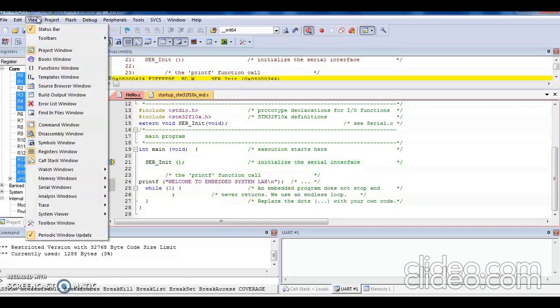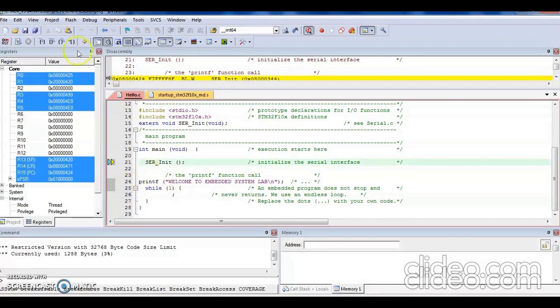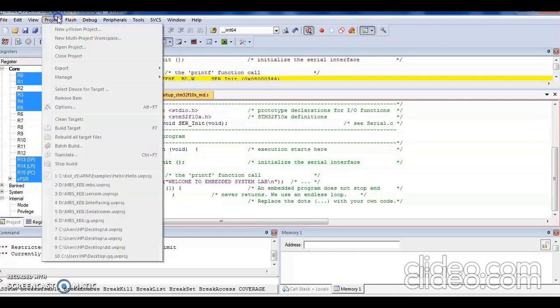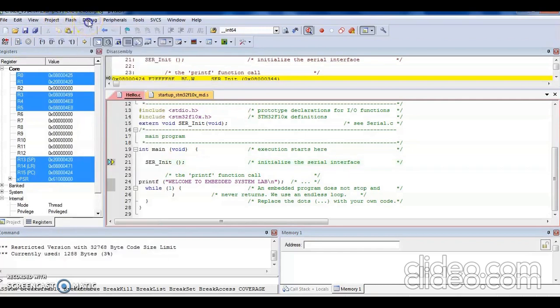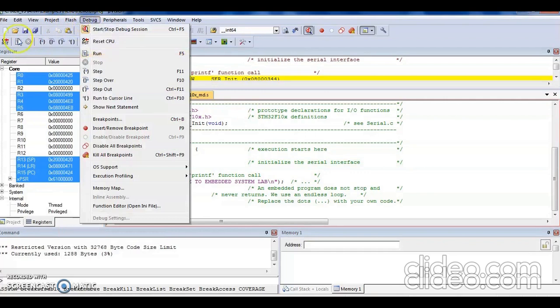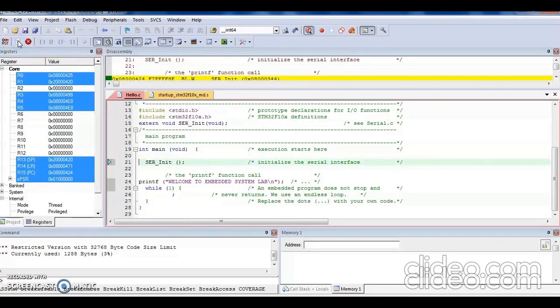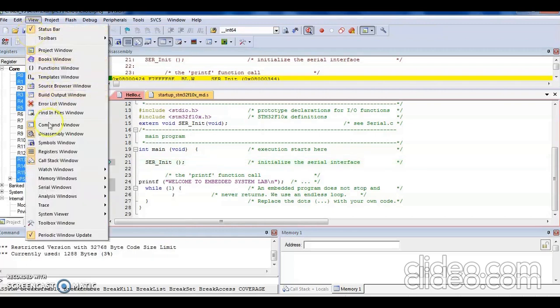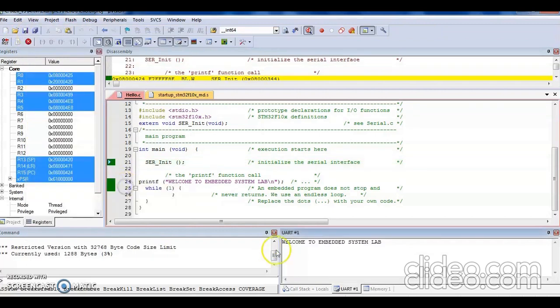I want to see the message I have transferred in the serial window of UART. Go to view, then go to serial windows and go to UART 1. Now let me run the code. Go to project, debug, run, or directly you can go here, run F5. Next, I'll check my serial window for the UART for the particular message. In a similar fashion, you can try out different data to be transmitted.